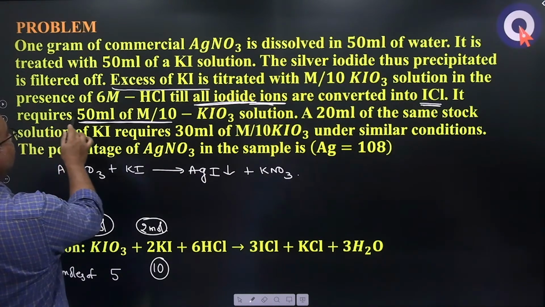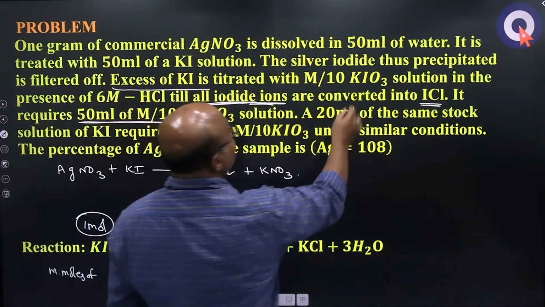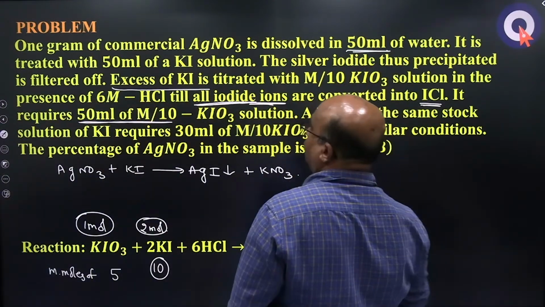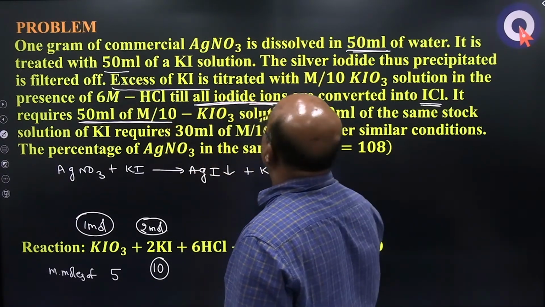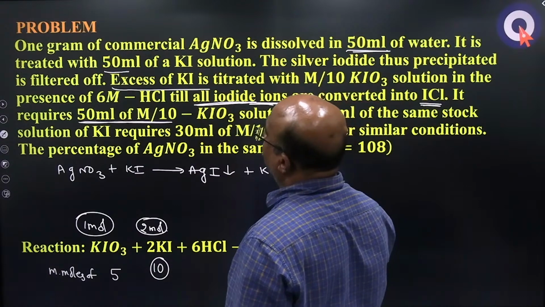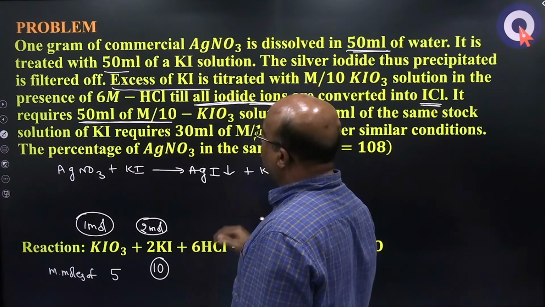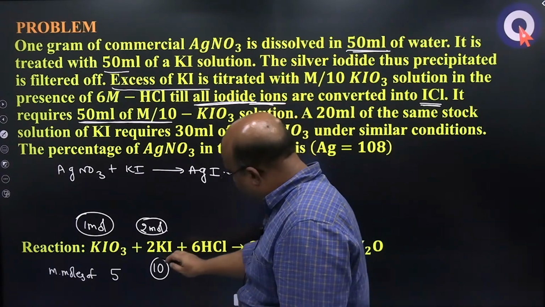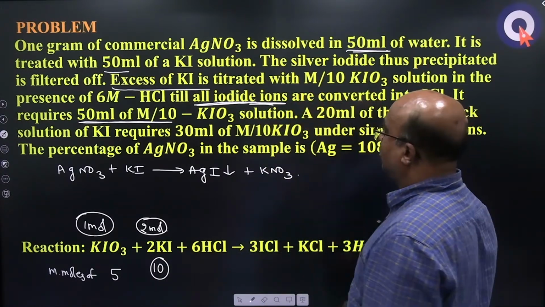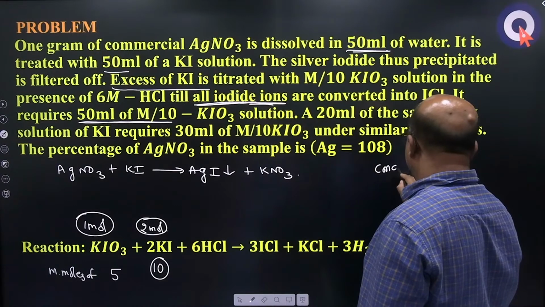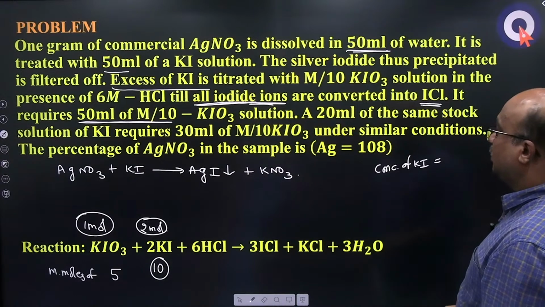Then required 50 ml of M/10. So we dissolved in 50 ml. So 50 ml of KI solution, and it is treated with 50 ml. So the total volume becomes 100. So what does this information say? There are 10 millimoles of KI that is there in 100 ml. So what is the concentration of KI solution from here? The concentration of KI solution is,